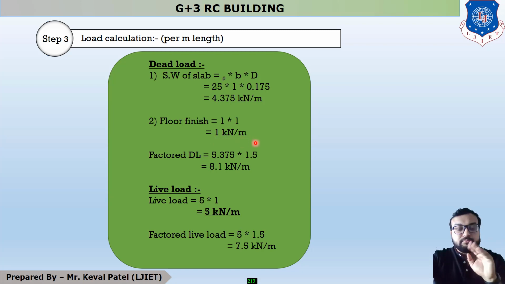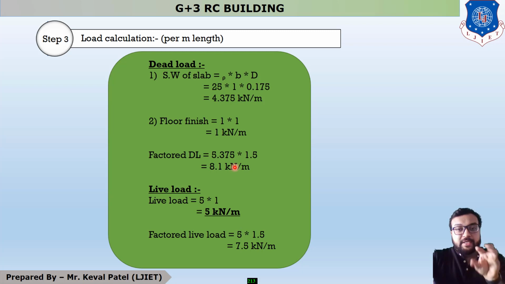Now, in the last example, we found the dead load and live load, and after that we took the summation of all three loads: self weight of slab, floor finish and live load. But in a one-way continuous slab, our dead load coefficient is different and our live load coefficient is different as per IS code provisions. So we have to find separate loads. Dead load is found separately and live load is found separately. Our total dead load is 4.375 plus 1, so our total load is 5.375.